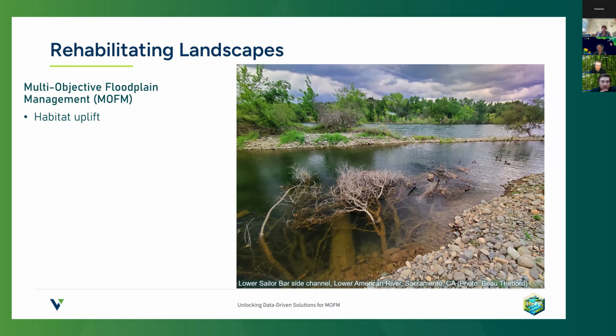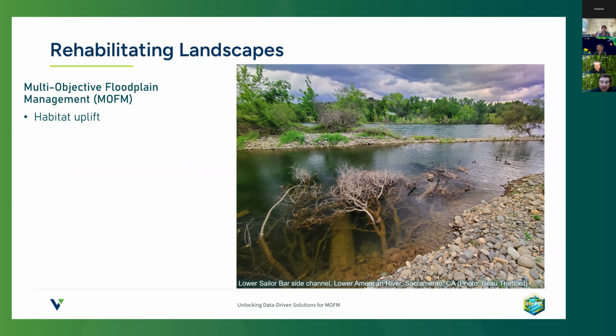And so we think of multi-objective floodplain management as a multi-pronged solution to all of these multifaceted issues. Instead of just a historical focus on rivers for flood control, navigation work, or water supply, we broaden our scope of services to think about how we restore geomorphic complexity of floodplains. How do we reconnect rivers to their historic floodplains, allow them to move around, move sediment, and be more free than we've allowed them to be ultimately?